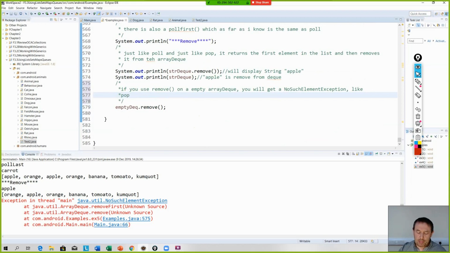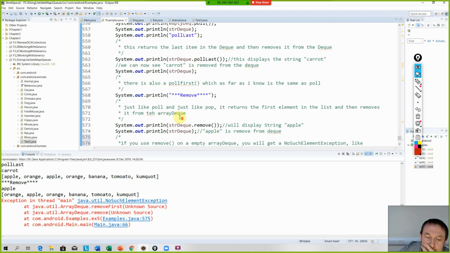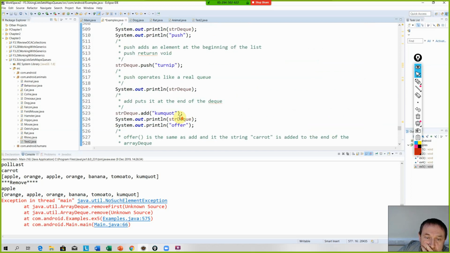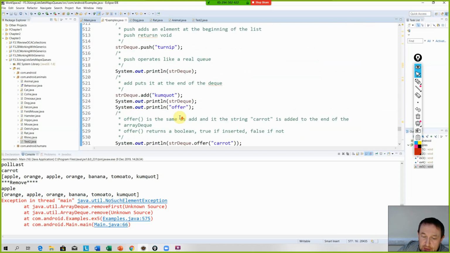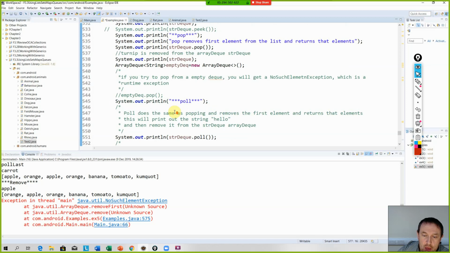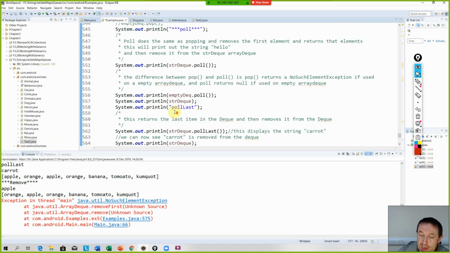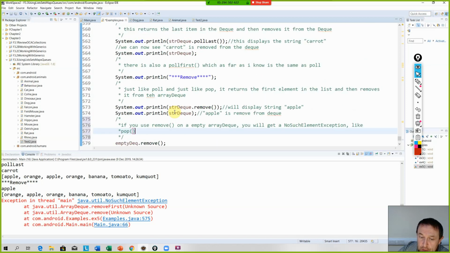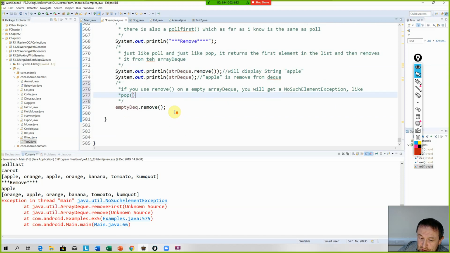Okay, so push adds it, pop takes away the first element from your list, poll removes the first element from your list, poll last removes the last element from your list, and both of those return null. Remove removes the first element of your list, and just like pop,